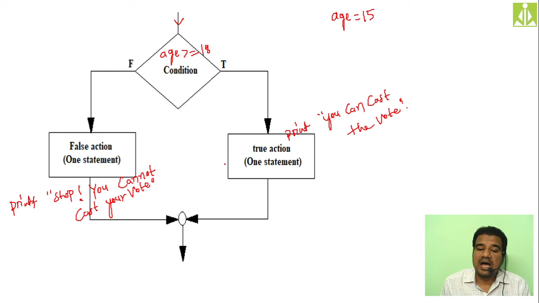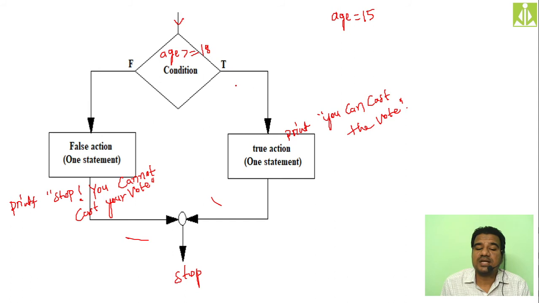And after both the incidences, what is happening? They are meeting at a common point and they are stopping. Even if you are going in the true path, you are meeting over here only. And if you are going in the false path, in that case also you are meeting over here. Again, you are moving in this direction and you are stopping.